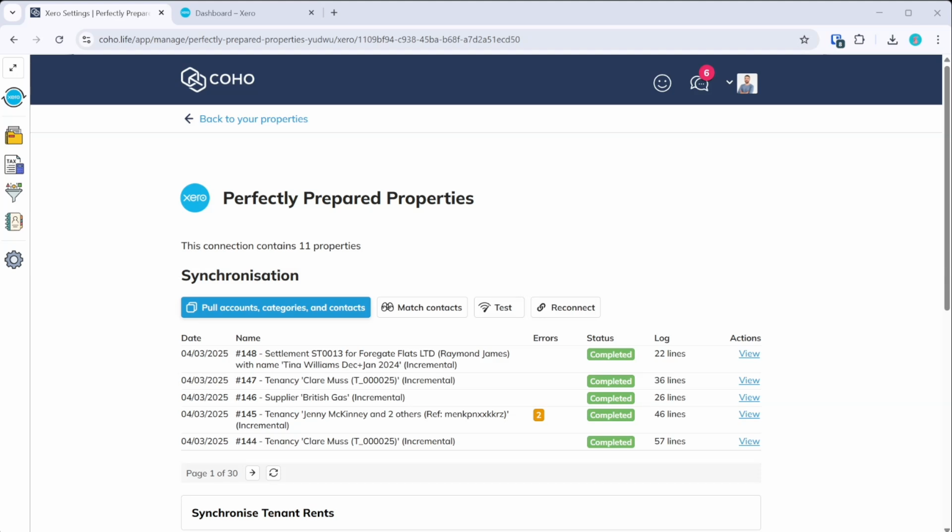I'm here on the XERO connection for Perfectly Prepared Properties. I've clicked the View button. It opens a new screen. This is the landing page. This table would usually be empty if it's your first time. And the first thing that you need to do after you connect your account would be to pull the account categories and contacts. Before I do that, I want to show the journey of when you connect an account by